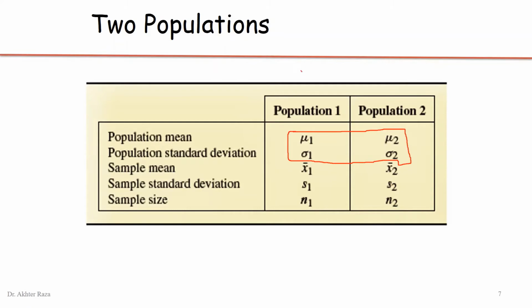Similarly, we can have 2 more things here: population size 1 and population size 2. That can also be included in this table. So these are the 3 elements from population, and these are the 3 elements from samples. What we are interested in is making the sampling distribution of the difference of the two means. The one sample mean is x bar 1 and the second sample mean is x bar 2. So x bar 1 and x bar 2, these are the 2 sample means. We are interested in the difference of these 2 means.